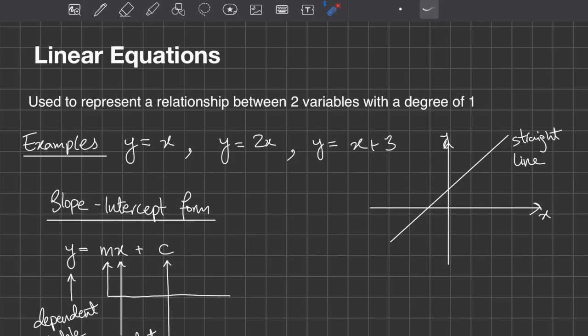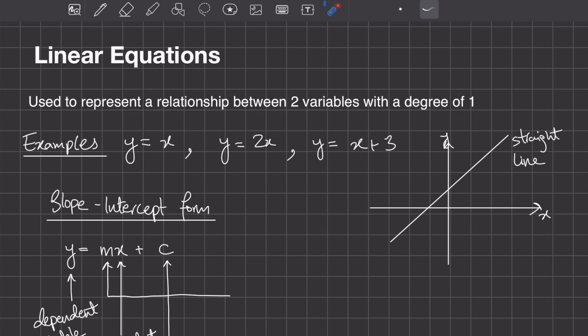Welcome back, students. Today, we will be learning about one of the fundamental concepts of algebra, linear equations. Make sure to check out our short video posted on dependent and independent variables if this section is new for you. Getting back into it, linear equations are used to represent a relationship between two variables with a degree of